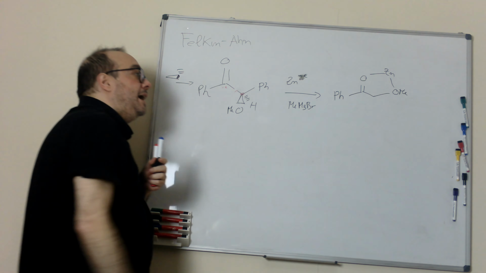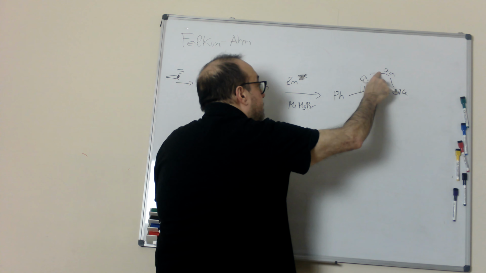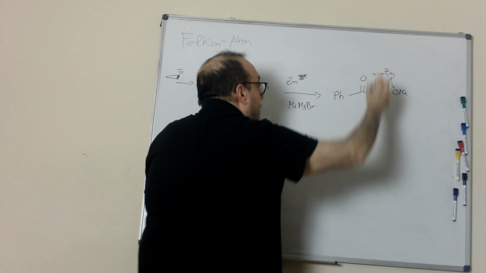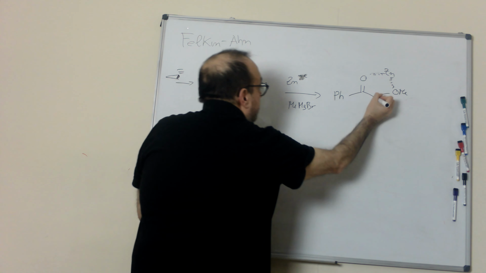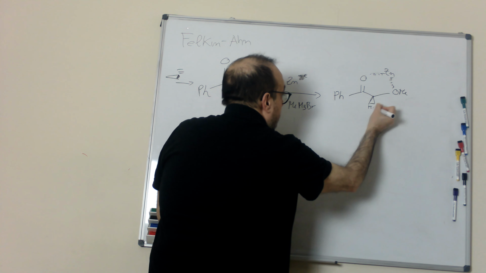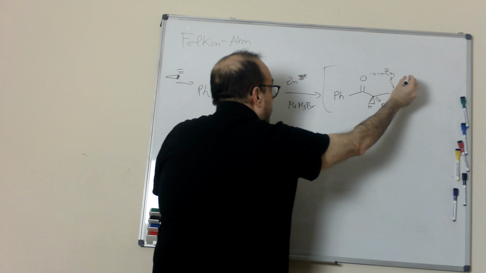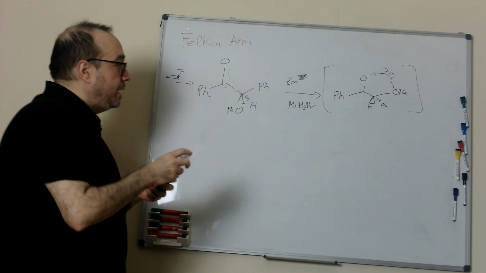It could be zinc, it could be any other metal. We have a coordination. And if I put it like this, the hydrogen is here and the phenyl is here. This is the intermediate, and then the nucleophile will attack